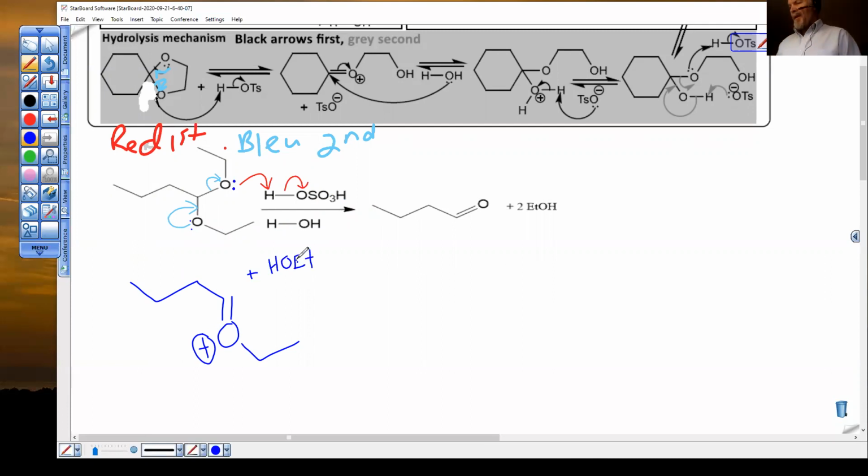Now you're not going to use ethanol as your nucleophile. You're going to use water. Water is a poor nucleophile. I can do a time saver here for you. The water will attack, and the sulfonate ion you generated here